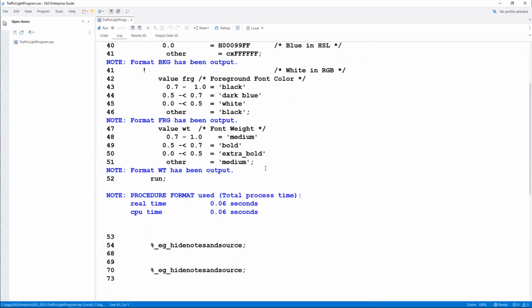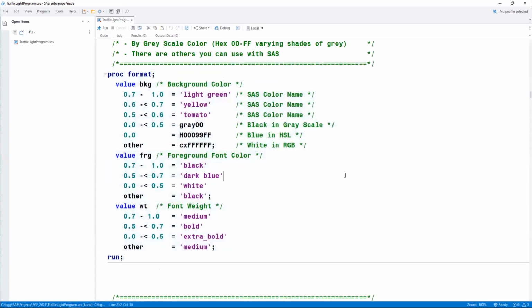We can save these more permanently, but the way that I'm doing it here, it is going into a catalog under the work library. And of course, when we shut SAS down, the work library is removed and deleted. And so anything underneath it would also be removed. So we'd have to run these in our new session again if we wanted them to be in effect in some other future SAS session.